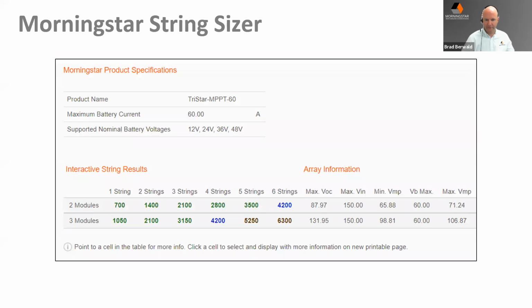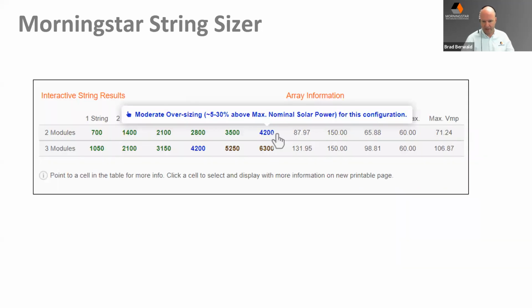So some examples here of when you get an output, say with the TriStar MPPT 60, you get in green the nominal configurations, as well as a few other configurations that may or may not work depending on your system expectations and your ratings of your specs. And what we do is we give a nice example of these different options on the screen where you can see, do I want to do 4,200 watts and oversize that system? What is moderate oversizing could be an option for you, and we give kind of guidance on these design choices because there are several that you can use.